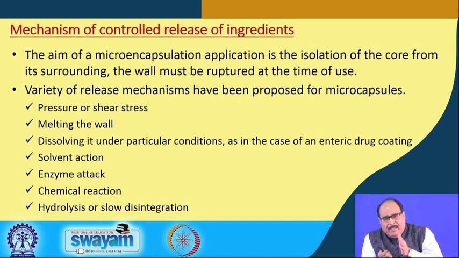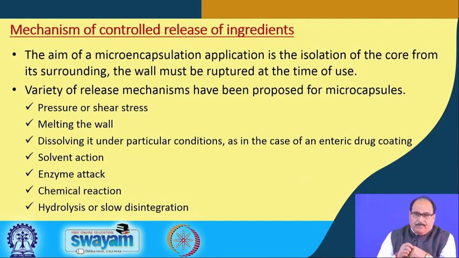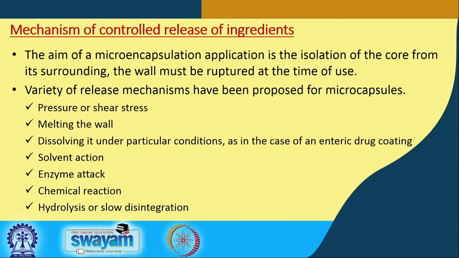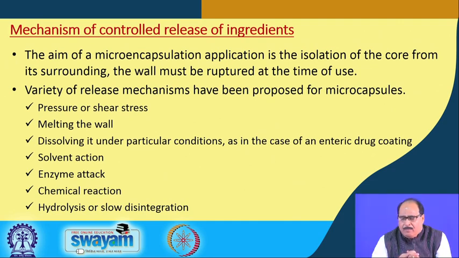Before they are actually used in the food system, it has to be ensured that this coating material is disintegrated, that it is ruptured at the time of use, so that the bioactives or other ingredients are obtained at the desired place. A variety of release mechanisms or methods have been proposed for breaking or rupturing